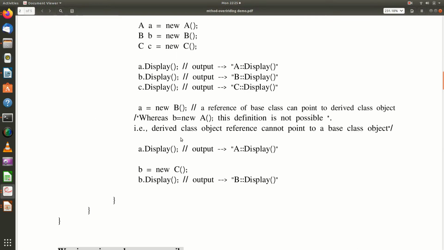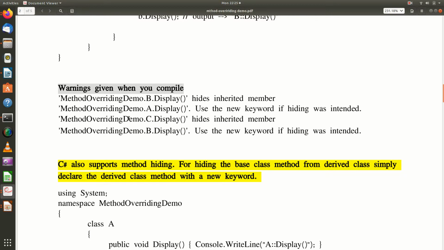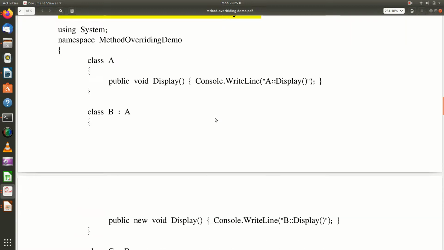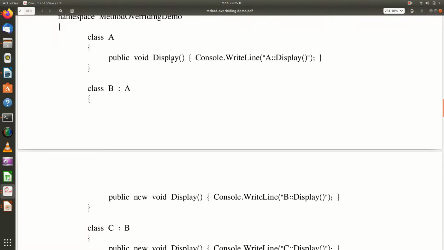Now the third part of inheritance. So this is the warning message we have got, right? So if I don't want to get this warning message, what can I do? For hiding the base class method from derived class, simply declare the derived class method with a new keyword. So I have the display method.